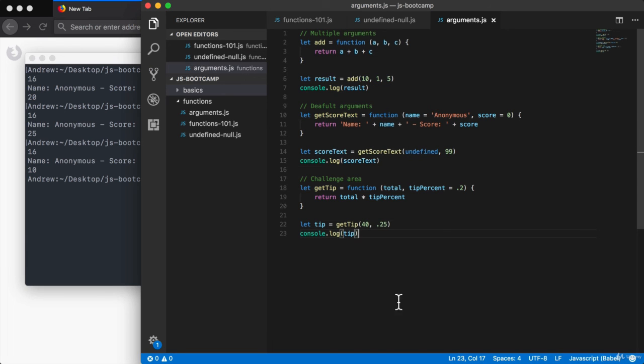So real-world functions aren't just going to have a single argument like we saw in the past. Real-world functions are going to take multiple arguments. There are certain values like total that we're going to require. There are others like tip percent where it does make sense to have a default value. And you're going to get a lot of experience with this as we actually use functions in the projects we create. Now that we know this, though, we are ready to continue learning about functions,